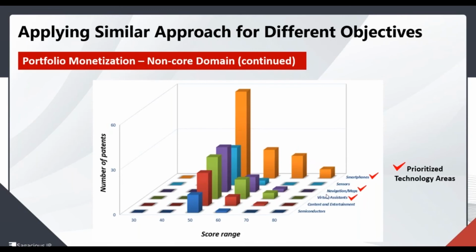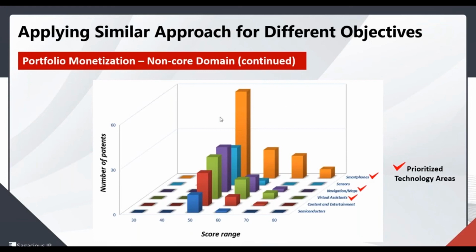Also, if you look at the analysis, you can see there is a patent set in navigation and maps, and a patent set in virtual assistant. Both of these are also an essential part of the smartphone these days. So you can club these together, and then go back to your methodology step and change the automated ranking tool again. In that aspect, you can keep a tap on the forward citation assignees and keep a score for the top smartphone manufacturers, say Apple, Google, and so on.